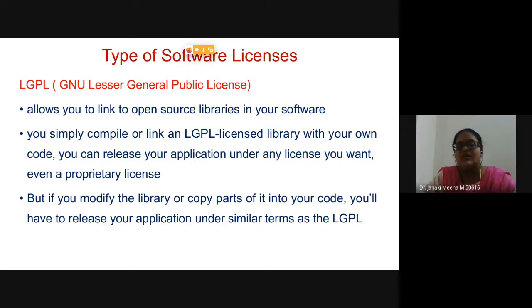The full form of this is GNU Lesser General Public License. It is used to link your open source libraries. This is what I was telling before. Here it allows you to link the open source libraries. They will be pre-compiled code. You can link with your software. If you're just doing a linking, then it's okay. You can do whatever you want with your software, and you can release the software you have developed as per your wish. There is no restriction on the license. You can decide your own license, and you can develop your software and release it. That's what LGPL says when you just link the open source libraries.